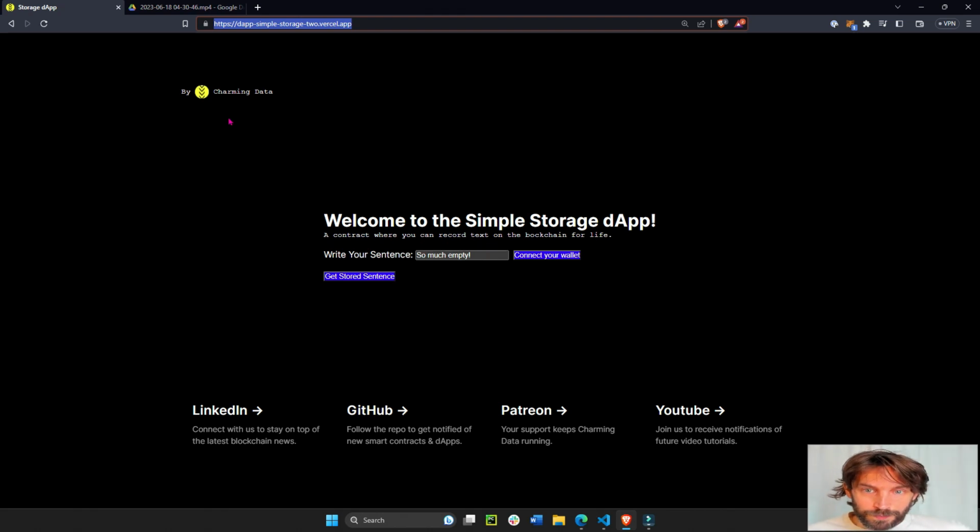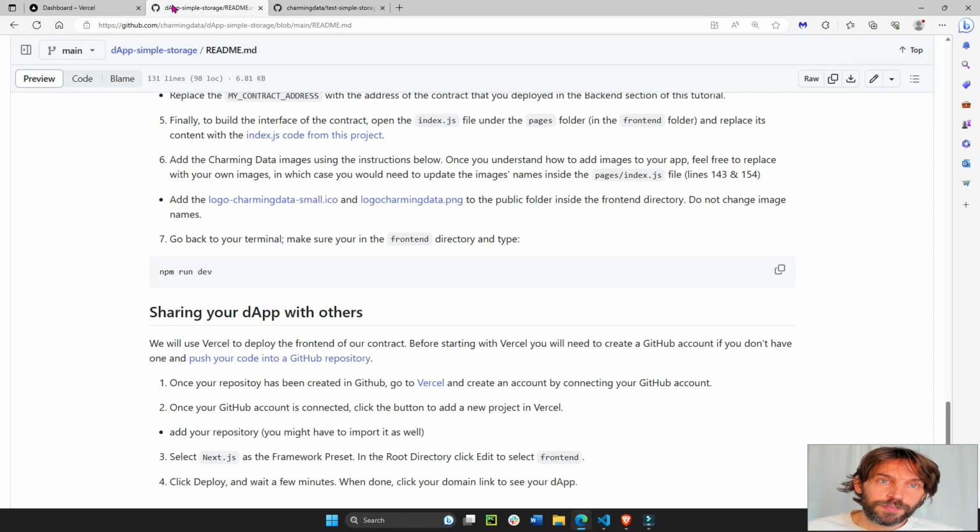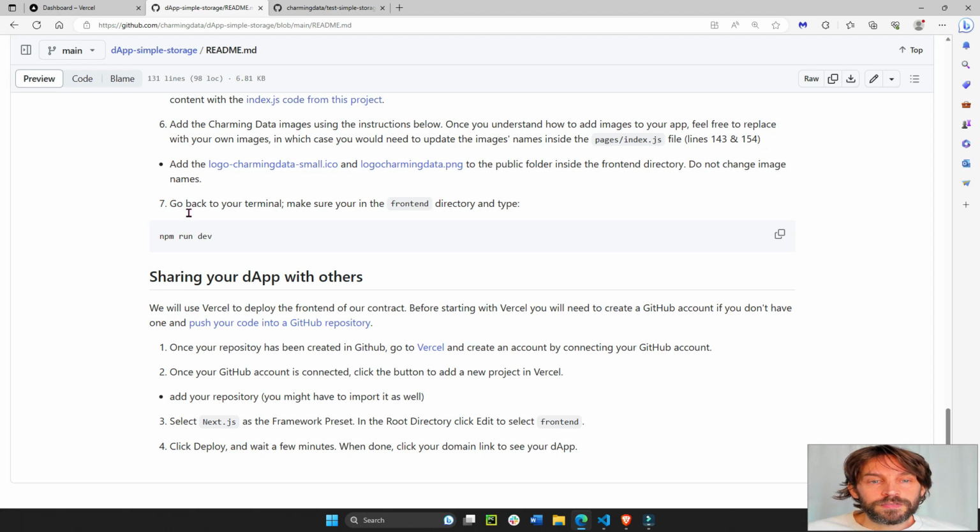So to do this, the first thing you want to do is open the Readme file that I have linked under the video and go to the very end of this file. It says sharing your dApp with others. So this will give you instructions that you can follow along and that you can use later on future decentralized application that you deploy. So the first thing you want to do is to push your code to a GitHub